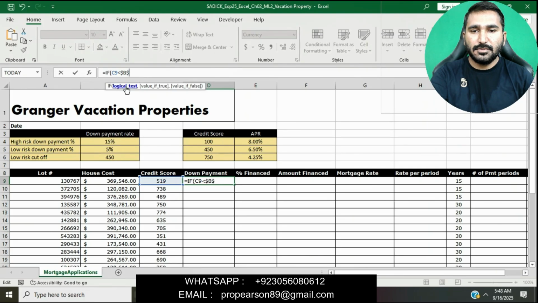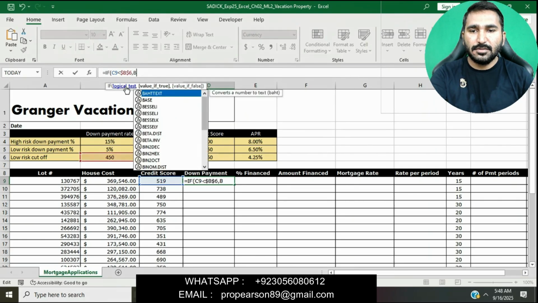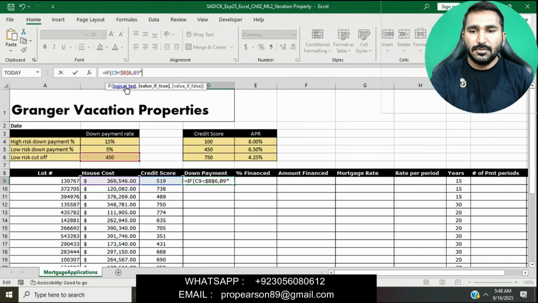Credit score C9 less than B6, B6 is the low risk cutoff, and B9 is the house cost, and then multiplying by B4 is the high risk down payment percentage.